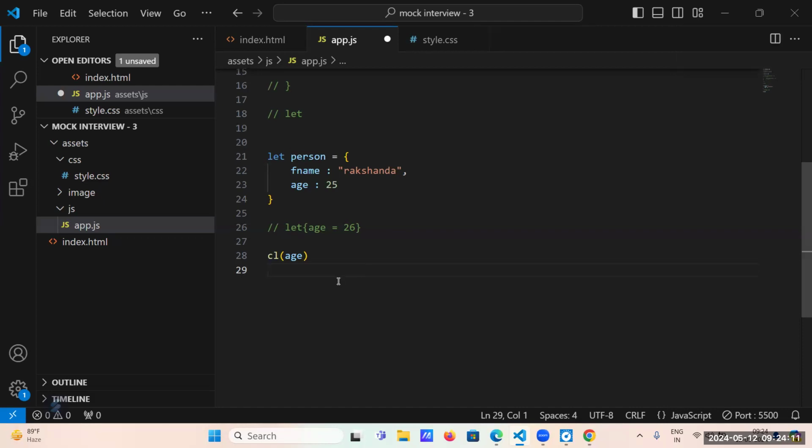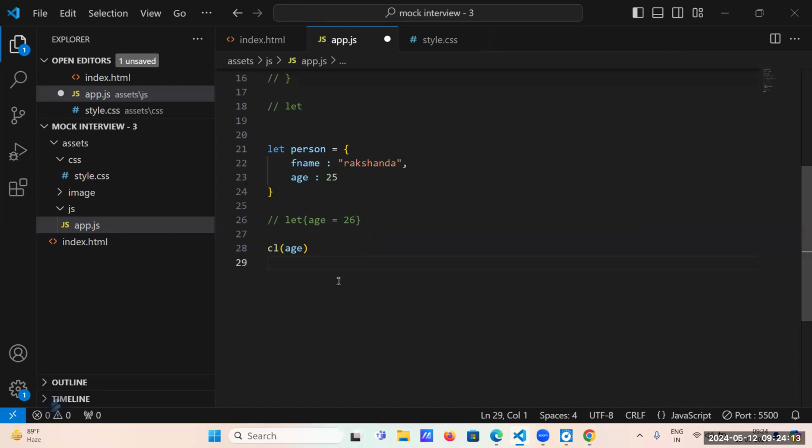Okay, and what is a function declaration and expression? Have you heard about these two types of function, a function declaration and a function expression?